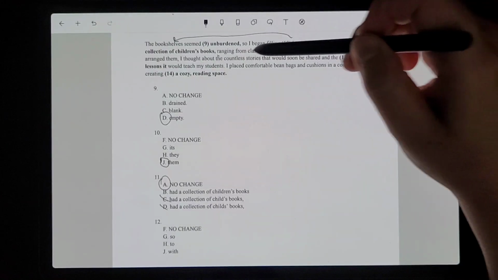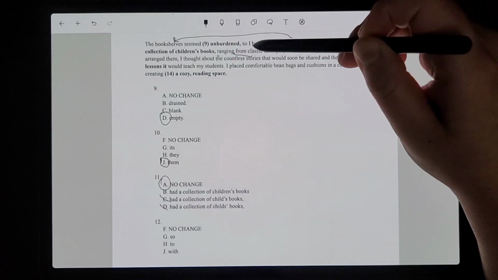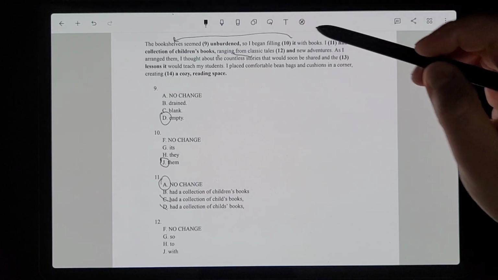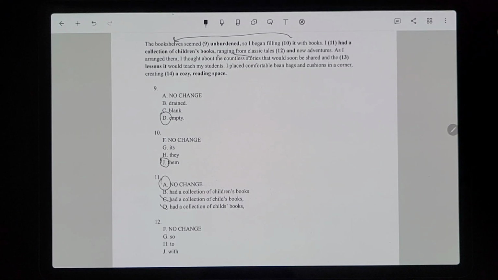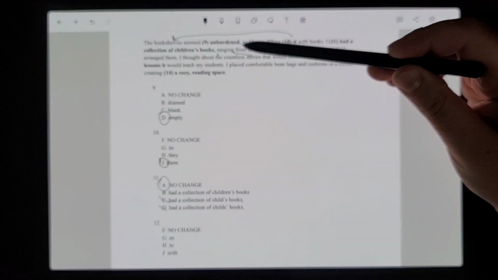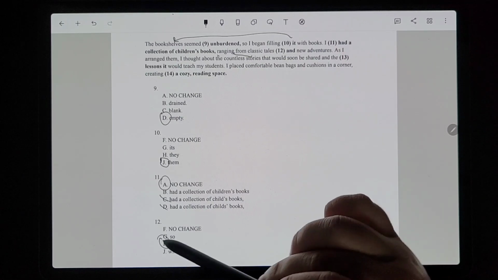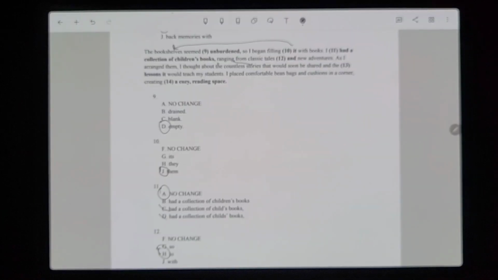So automatically I saw the word "from," and they like to trick you with "and" a lot when they do "from." So I kind of already knew that, plus I've written this book, but also from doing so many practice exams with students, "from" needs to go with "to." So automatically I know it has to be H right there. So now let's go to number 13.